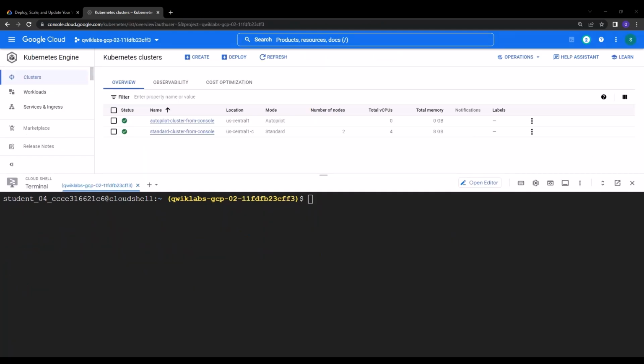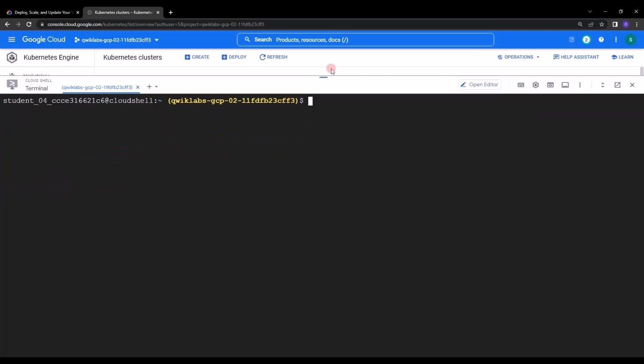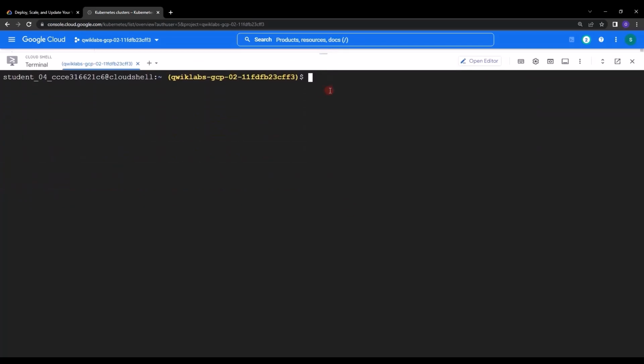Welcome back everyone. In this hands-on lab, we are going to learn autoscaling, config map and secrets. First we are going to start with how to set up autoscaling for your microservice or your cluster. In order to set up autoscaling for your microservice or your cluster, we can run kubectl autoscale